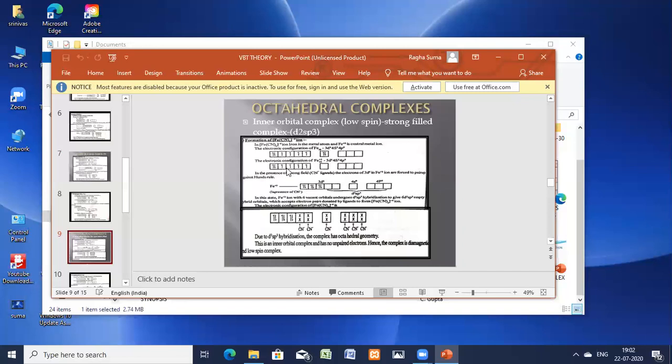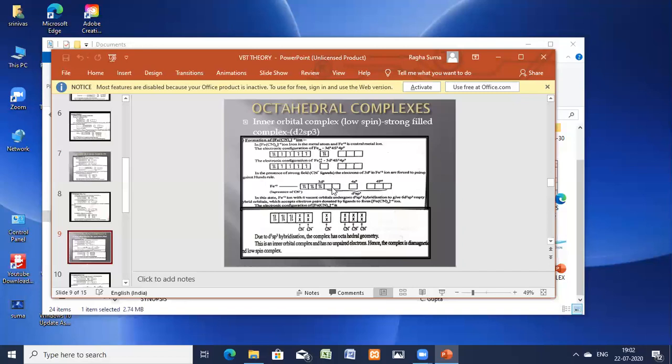Again, the electrons are paired. So all the electrons got paired up, and 2 orbitals are left empty: the s orbital and the p orbital. Totally, the metal ion is leaving 6 empty orbitals in order to welcome 6 ligands. So 1, 2, 3, 4, 5, 6.